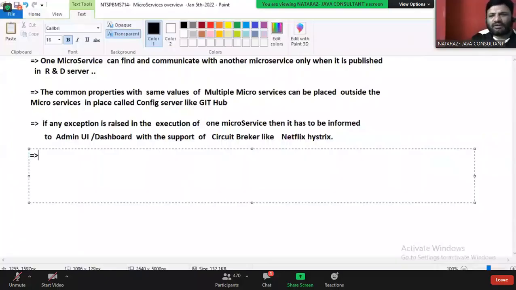Okay, boss. I think everyone got the idea. Latecomers, you may ask, sir, what is circuit breaker? It sounds different, but it is like an MCB in our home. All of a sudden, if high voltage or low voltage power comes, it will detect and stop passing that power to other devices in the home. Why? Because if low or high voltage passes to different devices, there is a possibility of what, guys?